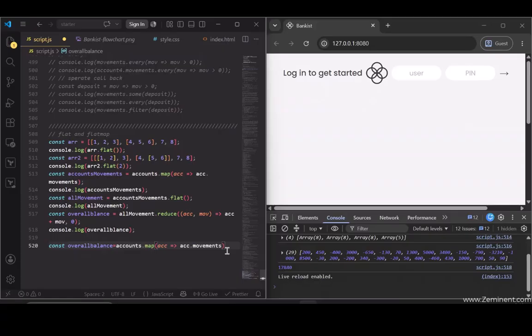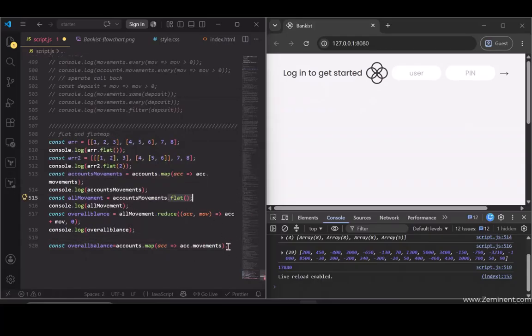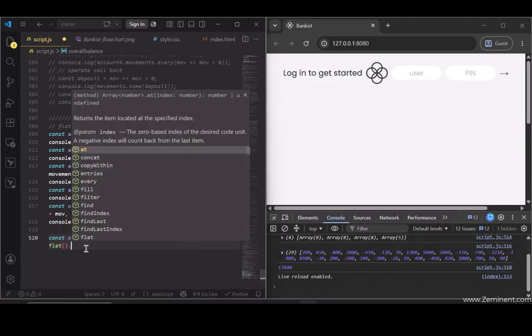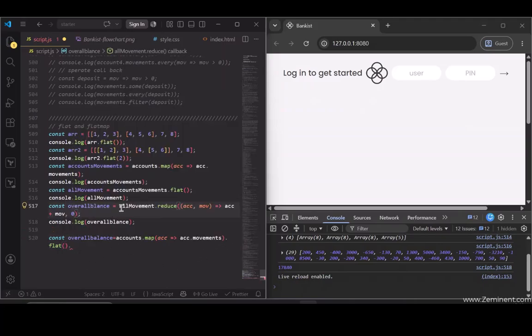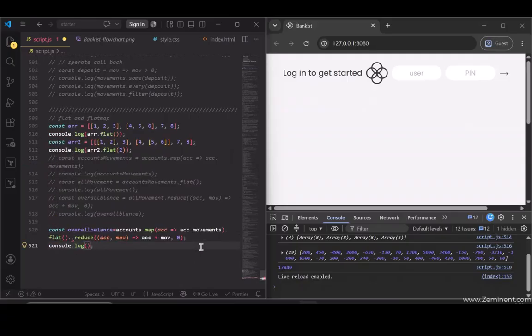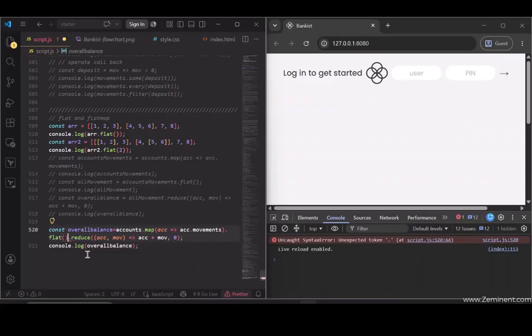Okay, and then after the map, we'll just use the flat method, and then here we'll just use the reduce. So let me just turn this off here. Okay, we don't require all this. So then we'll just console.log overall balance. So when we run this here,